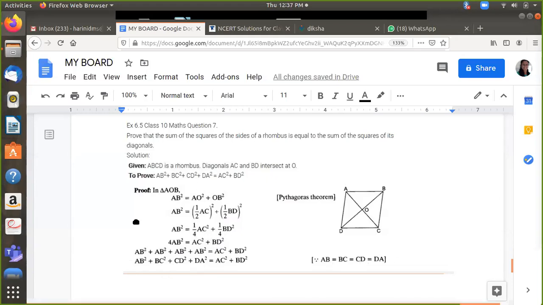Alright, this is one way of doing it. Otherwise, you can add all the AB square, BC square from all the 4 triangles also. I was trying to explain to you that way. This is also equally enough. So when you add the LHS and the RHS of all the 4 equations also, you will get the result like this. So whichever method you feel is easy, you can follow and complete.